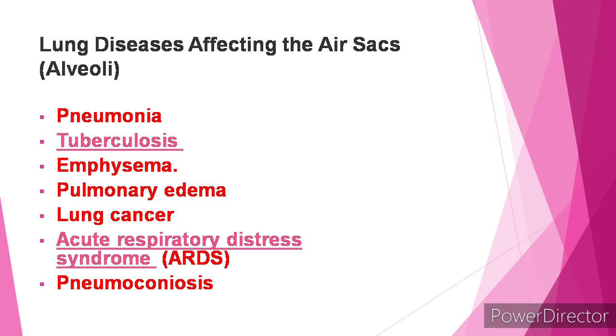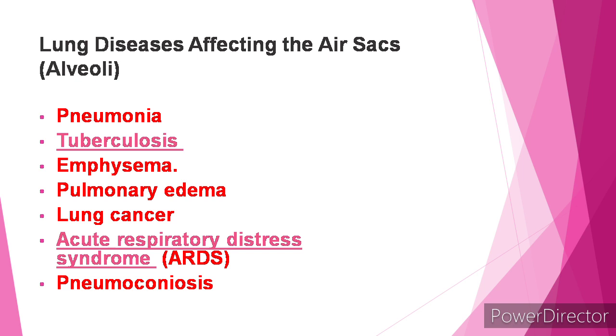Lung cancer has many forms and may start in any part of your lung, and it most often happens in the main part of your lung near the air sacs. And acute respiratory distress syndrome, ARDS, is a severe sudden injury to the lungs from a serious illness. COVID-19 is one example. Many people who have ARDS need help breathing from a machine called a ventilator until their lungs recover. And pneumoconiosis is a category of conditions caused by inhaling something that injures your lung. Examples include black lung disease and coal dust, asbestos, and abscess dust.